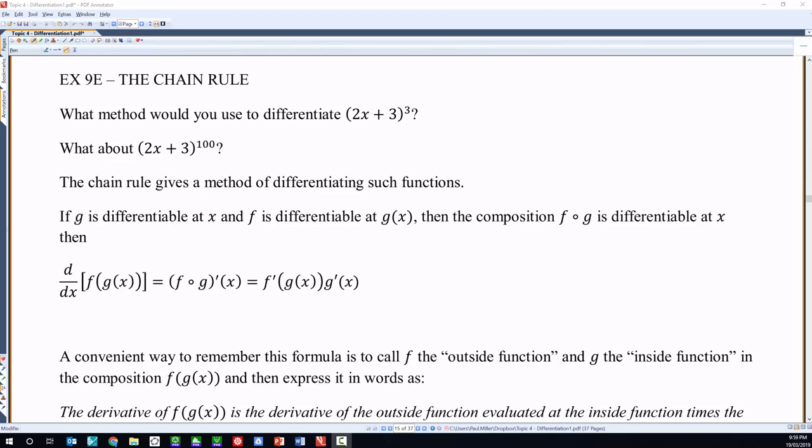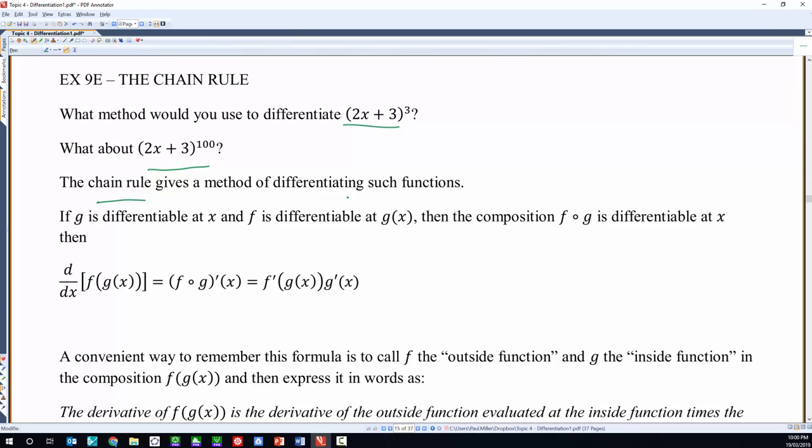Today we covered the chain rule, and this video will just go through the same worked examples that we did in class today. So recall from last year that we generally differentiated polynomials that had already been expanded, and if we were to differentiate this without any prior knowledge, really what we would do is expand that out and then differentiate the single terms. Now that's possible with maybe power 3, sort of possible for power 4, ridiculous for this one here. So what we need to do is look for a rule that will allow us to do it,